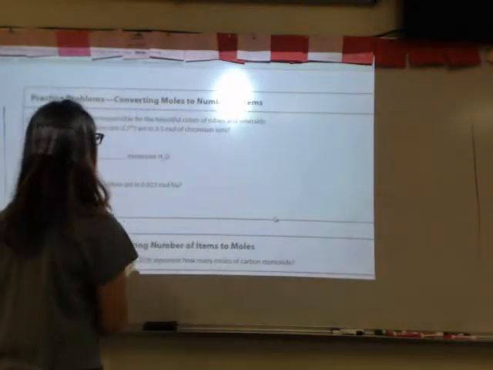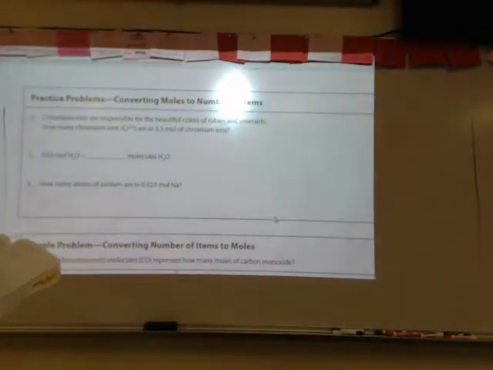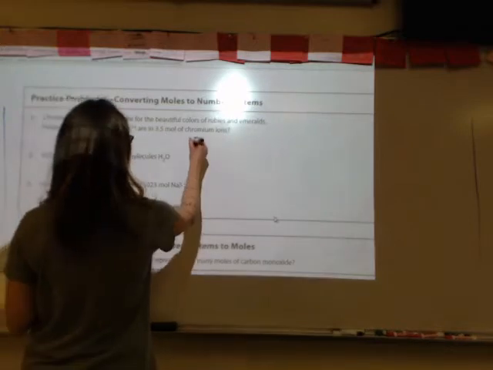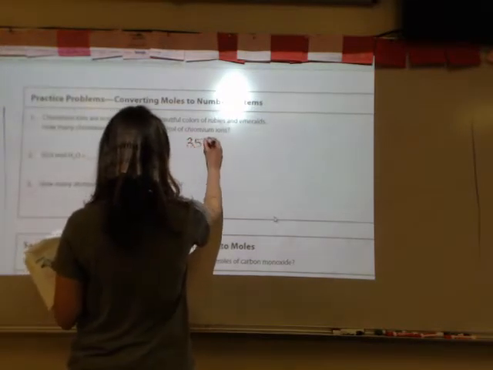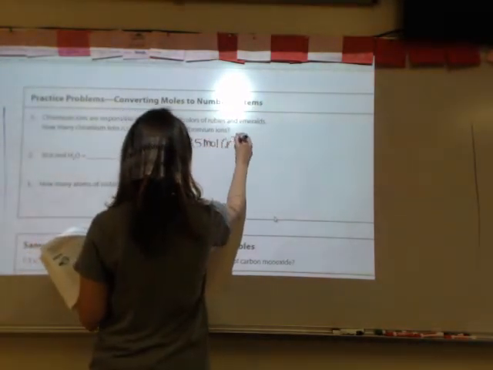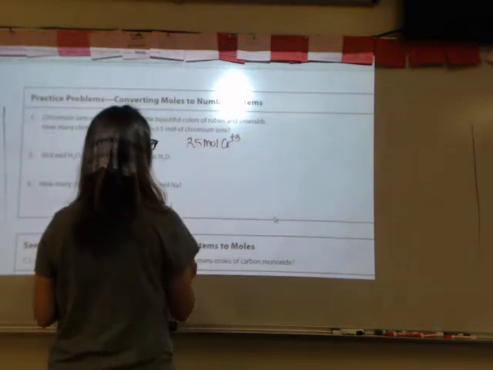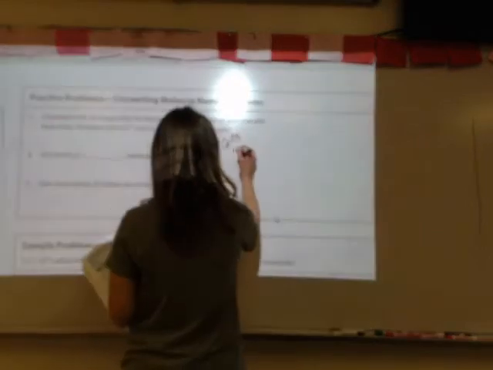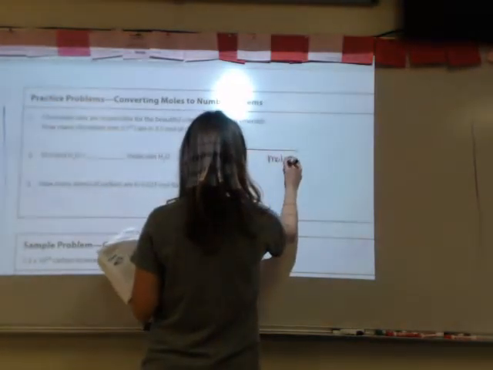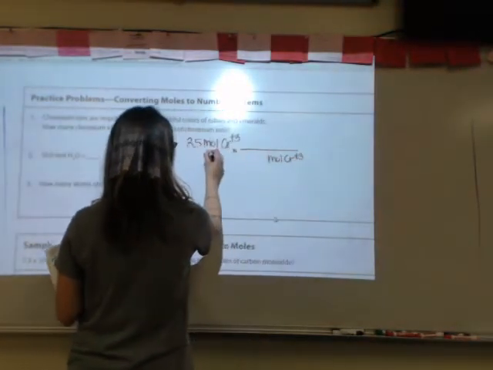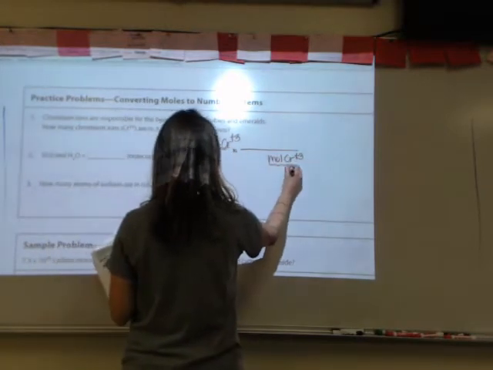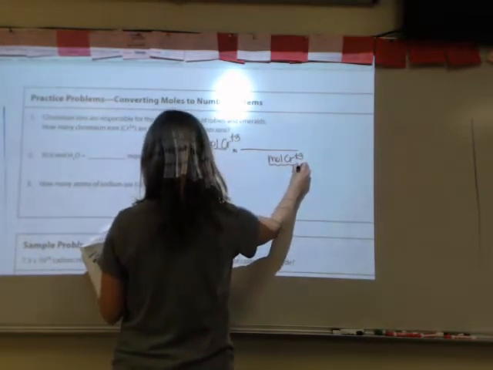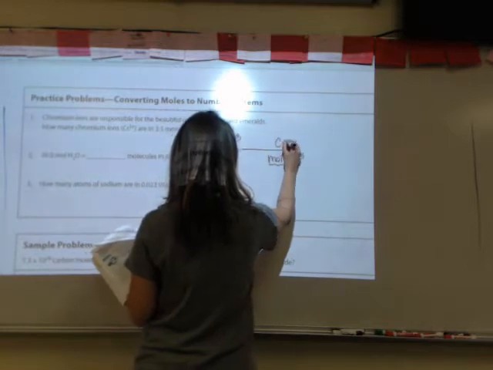number 1 says, chromium ions are responsible for the beautiful colors of rubies and emeralds. How many chromium ions are in 3.5 moles of chromium ions? So we start with 3.5 moles of chromium ions. You would write that as Cr plus 3. Do not write it out in words as chromium ions. Moles of Cr plus 3 goes on the diagonal because you are trying to cancel this unit. And we are going to chromium ions, so we're going to put that number